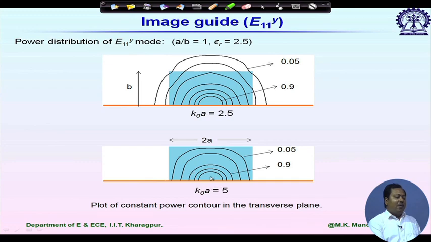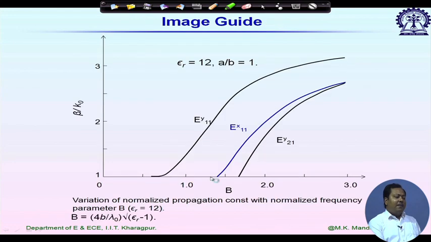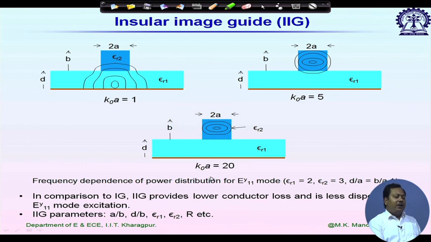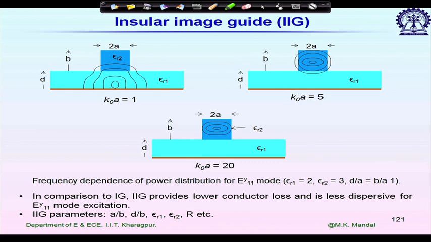So how can we avoid it? Now, we have some very good dielectric materials for which the loss tangent value is very small. If we can avoid conductor loss to some extent, we can decrease the overall loss. So how can we do it? Intentionally, we introduce one more layer of substrate with dielectric constant epsilon r1 in between the dielectric channel and the ground plane.